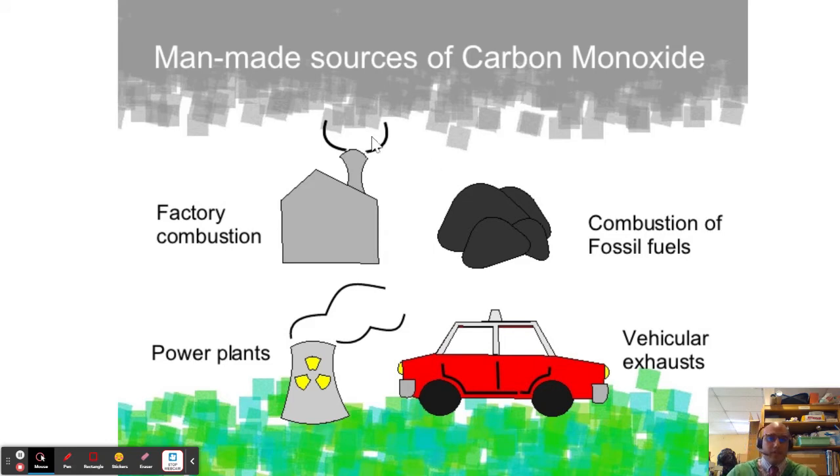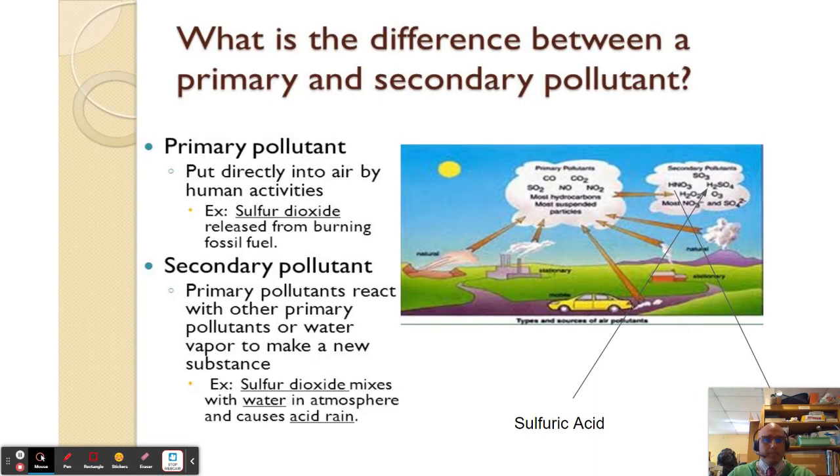All right. So factories combusting fossil fuels could potentially be a source of some air pollution. And the one we're particularly talking about in this slide is carbon monoxide. That's going to be CO. Combustion of fossil fuels, it has some coal here. Cars are also going to produce a lot of air pollution. And power plants need a fuel source, either coal, natural gas, or oil, and they're also going to emit some air pollution.